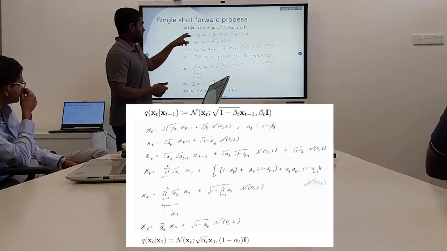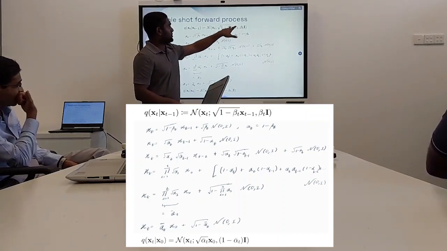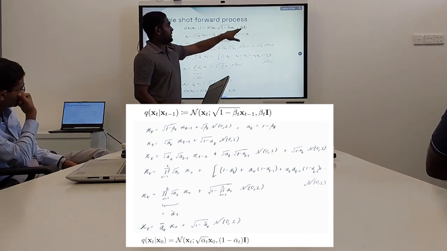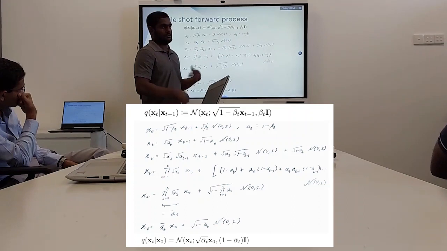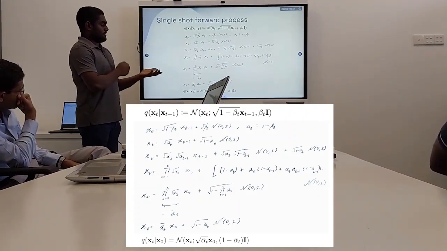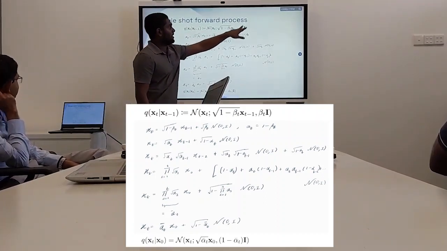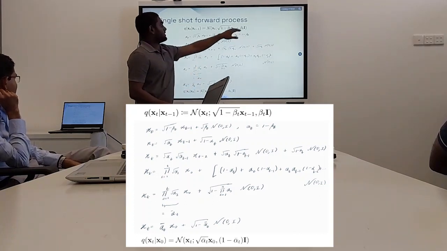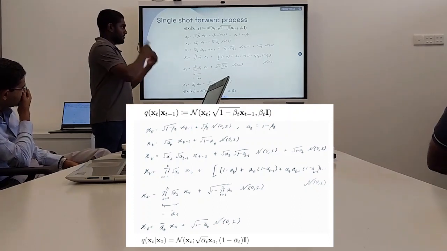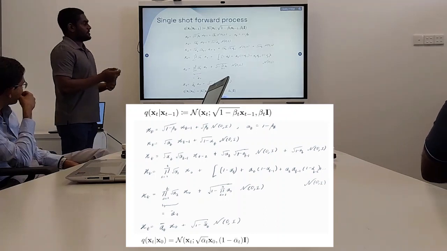So in the forward process, the distribution will have a mean of x_{t-1} multiplied by some constant, and the variance will be a constant pattern. That way, in different steps, we can either use the same variance and the same mean weight,